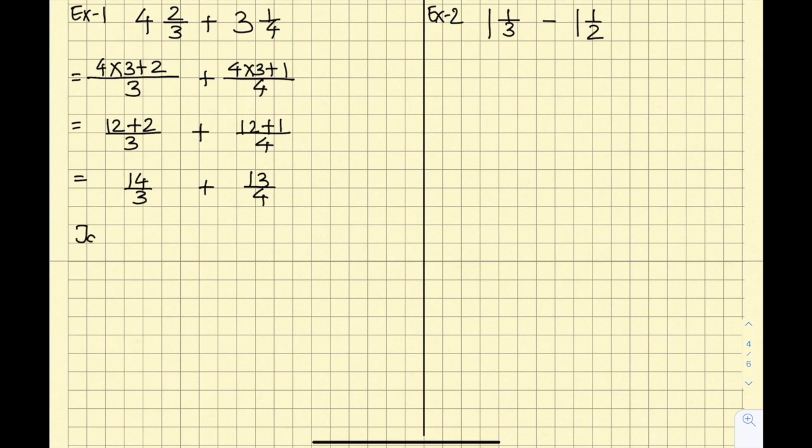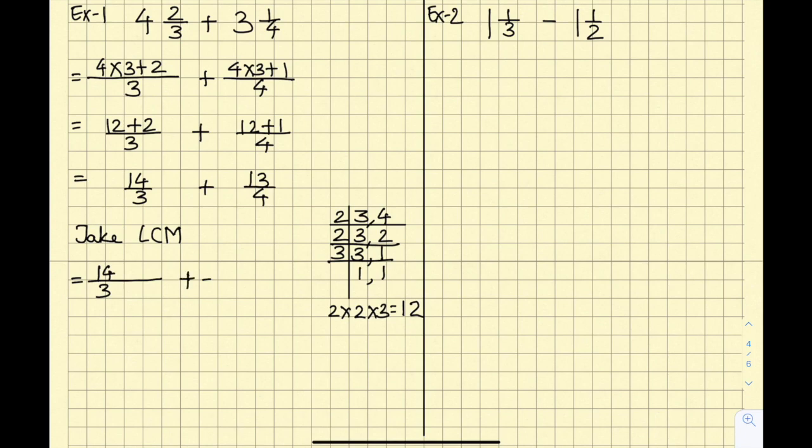We have to take the LCM as the denominators 3 and 4 are not the same. In the table of 2 you don't get 3, 2 2s are 4. Then in the table of 2 you don't get 3 as it is, 2 1s are 2. In the table of 3 you get 1s. So the LCM is 2 multiplied by 2 multiplied by 3, which is equal to 2 2s are 4, 4 3s are 12. So 14 over 3